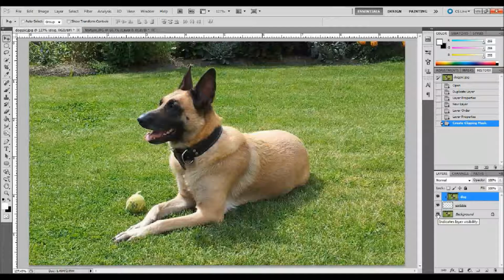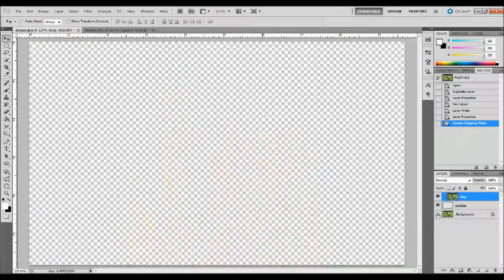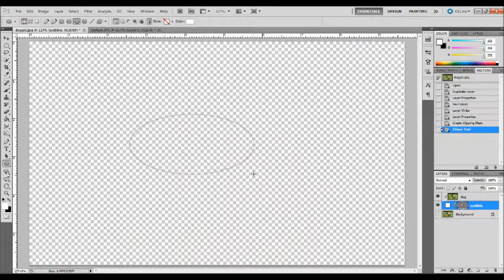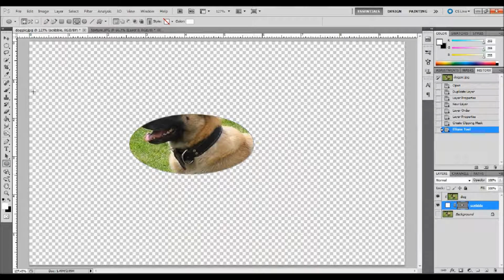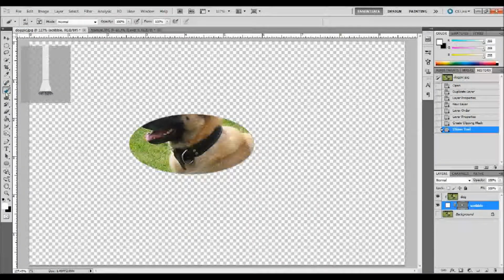And if you make your background layer invisible, you'll see that since this dog is clipping to a blank layer, you're not going to be able to see anything. But since it is clipping to that layer, it clips to anything that you have in that layer. So if you drag out a shape, it'll clip to that shape. Or if you take your brush tool, which is what we're going to do here, and you draw a little bit with your brush,